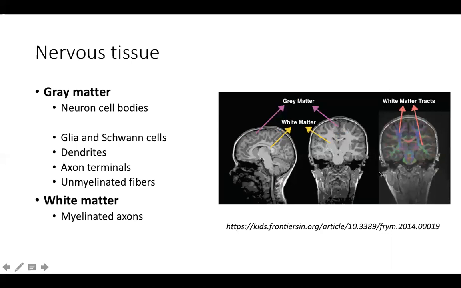Here is an image of another form of imaging called DTI that allows us to look at axons and specifically to look at the direction that those axons are taking. Here, color-coded is identifying the direction that those axons are taking within the brain. And what we're seeing are all those connections from different regions within the brain. And these are the white matter tracts. We'll talk a little bit more about what tract means.